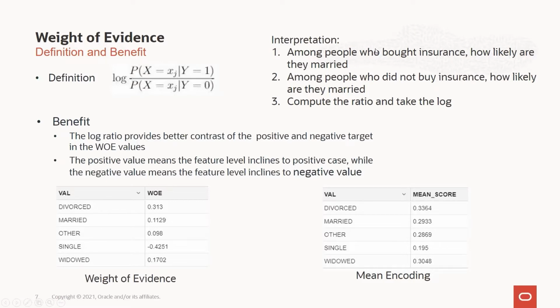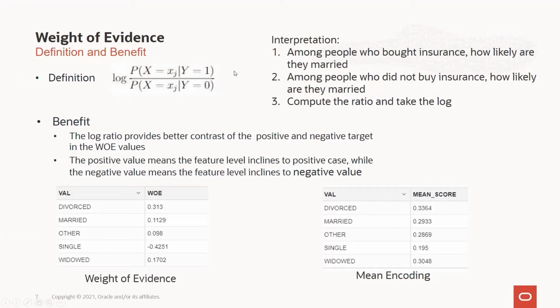Now the interpretation is like, among the people who bought insurance, how likely are they married? And then we look at, among the people who did not buy insurance, how likely they are married. And then we compute the ratio and take the log. So it's kind of doing that reversely, right? The one thing I want to highlight is that doing the ratio makes a better contrast of the positive and negative